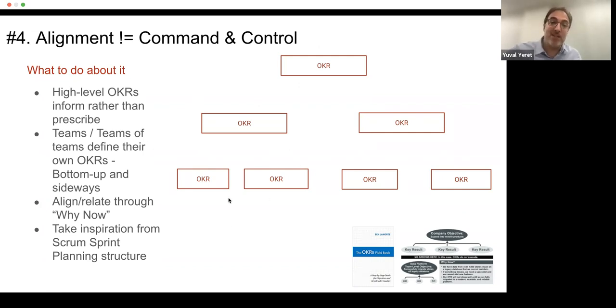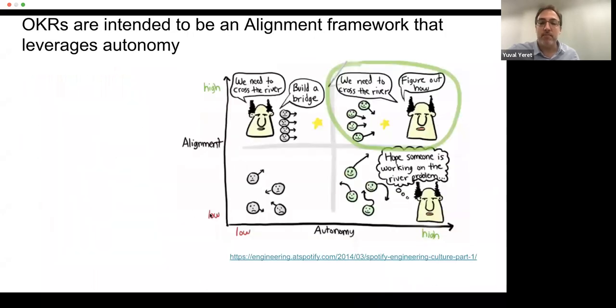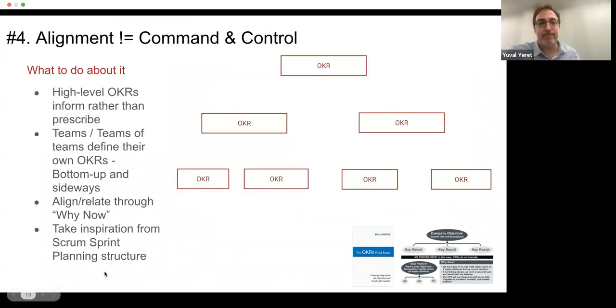It might be a bit harder to manage. The fact that we have autonomy, that we're driving towards autonomy, creates some complexity in managing things. It's very tempting for organizations to fall back to schemes that enable them to command and control and have more clarity. We need to be careful with the fact that a lot of these times, these schemes kill the autonomy. So we need to be very careful in how we play on this field.